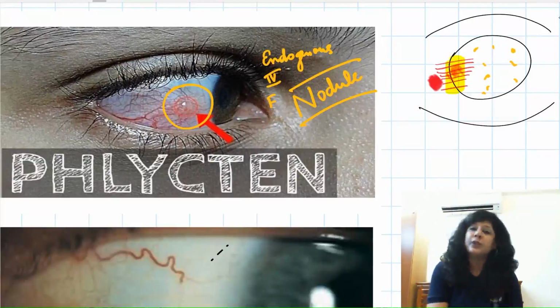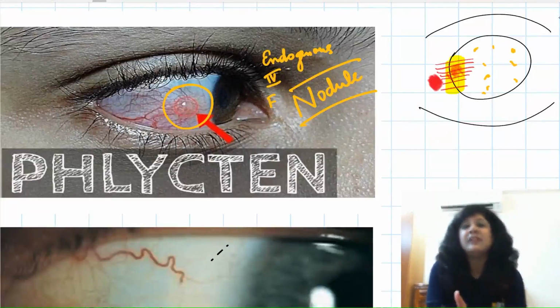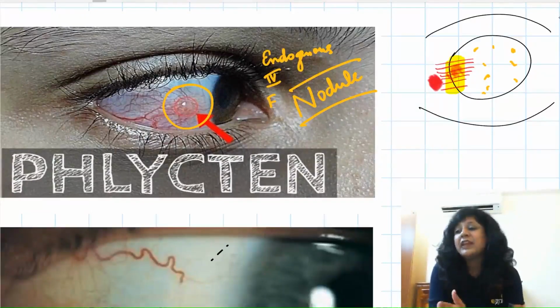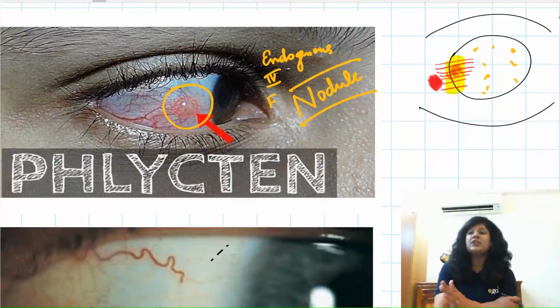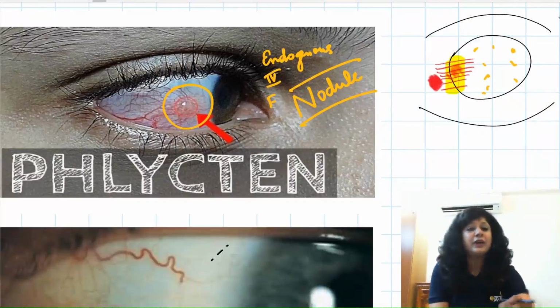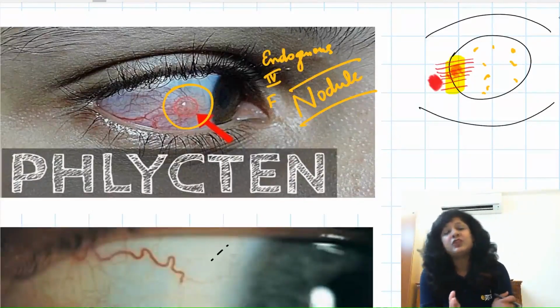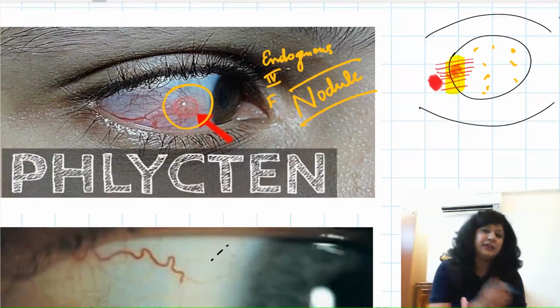If you feel like it's a tuberculosis patient, feel like means from the evidence and manifestations, then you have to start even the ATT. Then finally we come to the degenerations. The degenerations, as I told you, are found in the substantia propria, and we have mainly two kinds of degenerations. One is the pinguecula and another is pterygium.